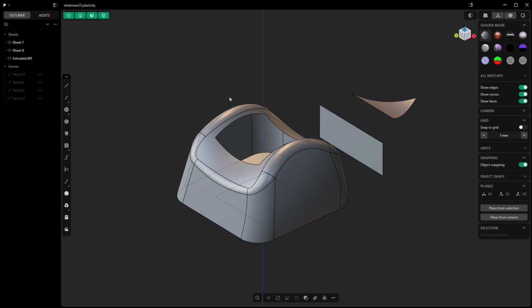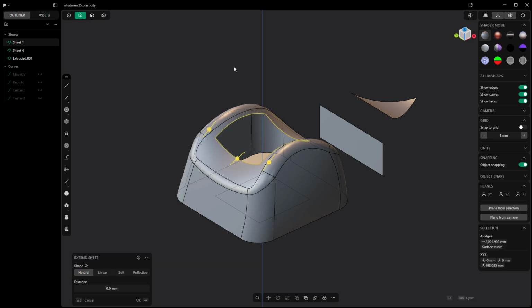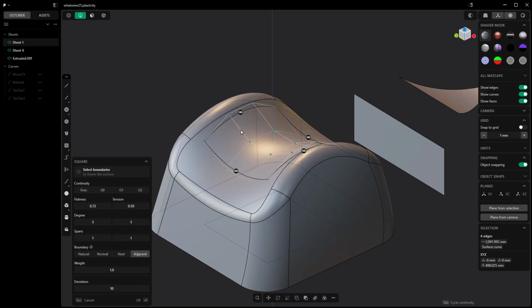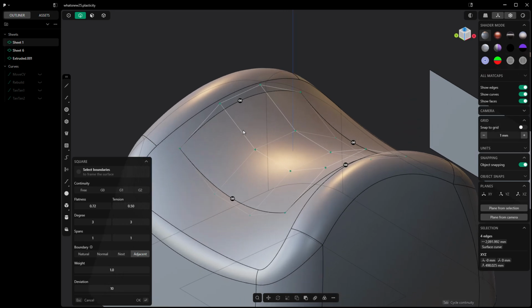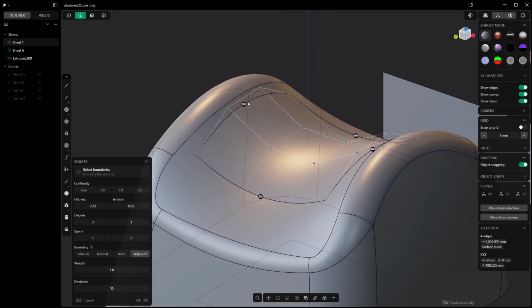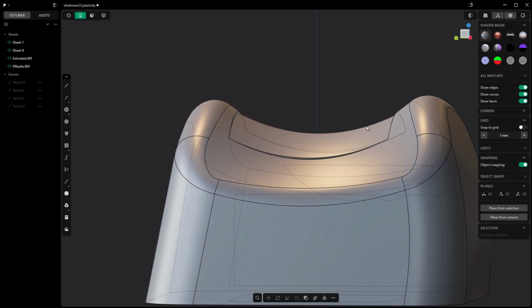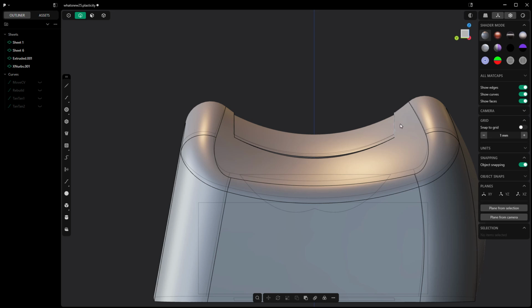So the first thing we want to do is select an opening here, go to my square command, and talk about the change to continuity. The default G0 continuity is connected, meaning that no tangency input is happening from the surrounding edges. The free version is going to be connected, but giving us a better quality surface. So you can see that there is a change or a variation here on the edge. If I accept that, this is going to give me the best quality surface,